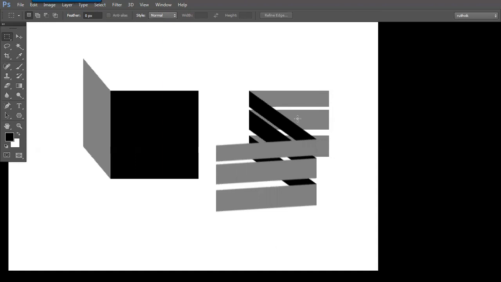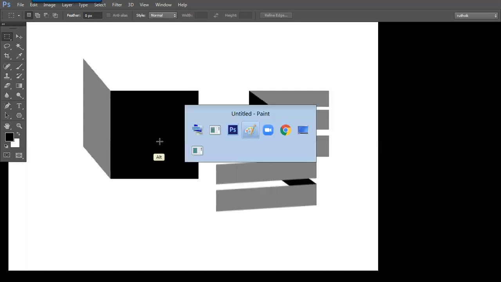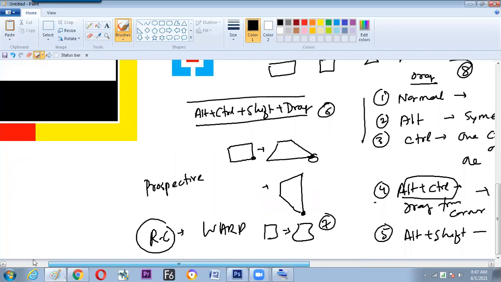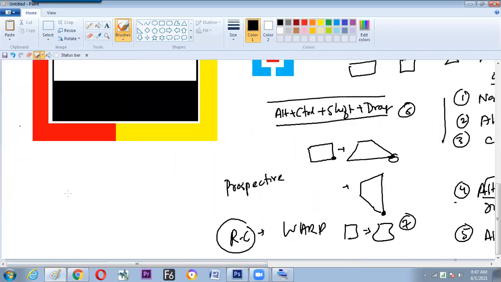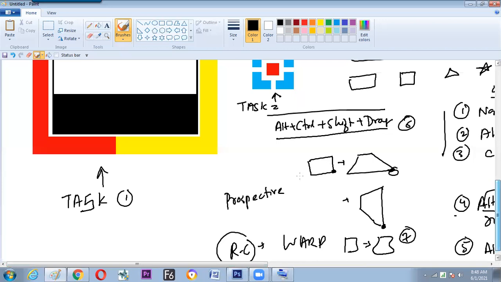So the second example is on your screen with the present knowledge. Now a few tasks. What are the tasks to be done? So the tasks are ready on your screen. Task number 1 is ready. Task number 2 is ready. It is not to be only this, anything can be done like split screen in your own way, make a logo in your own way. But now the task is